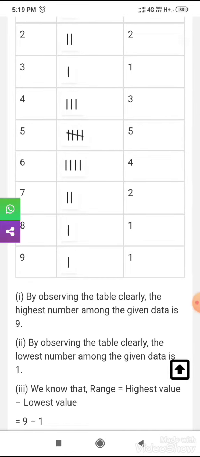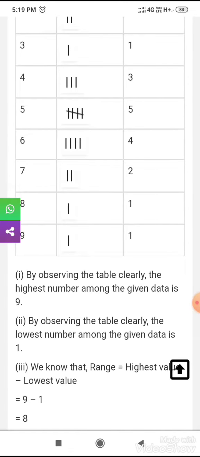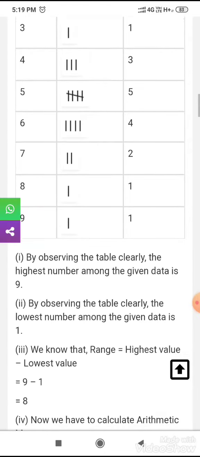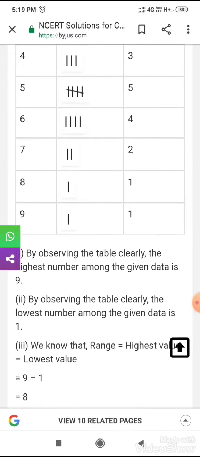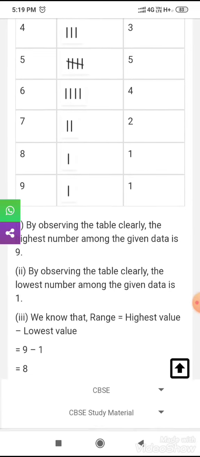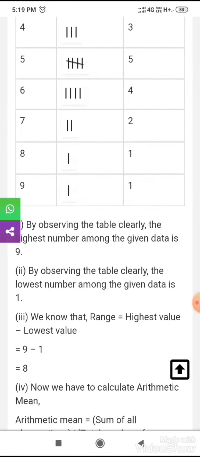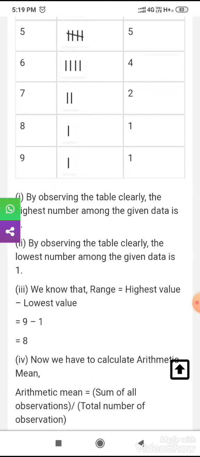In the sixth row, you have 4 as the frequency, so you draw 4 straight lines here. In the seventh row, you have 2 in the frequency column, so you draw 2 straight lines here. In the 8th row, frequency is 1, so you draw 1 straight line, and in the 9th row frequency is 1, so you draw 1 line. So by observing the table clearly, the highest number among the given data is 9 and the lowest